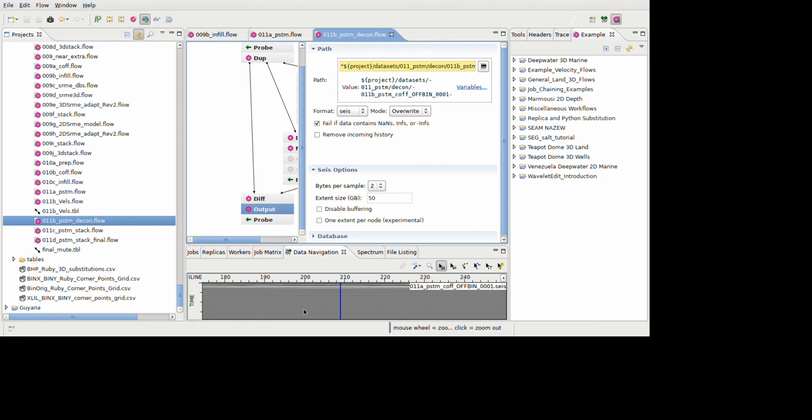And again, with this, you can quickly find out what it's done. So I've done it on offset, so I've just read the offset-bin data created from the migration, and I've just done decon on top. I also did with these